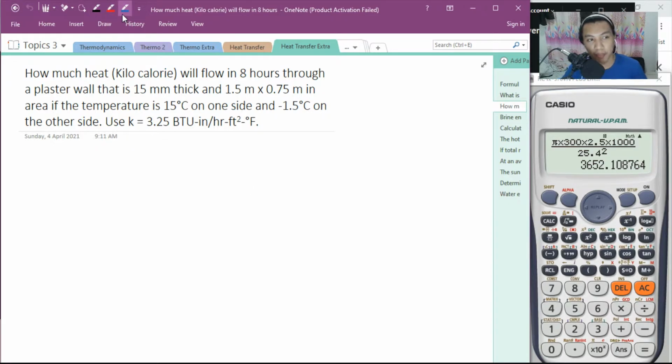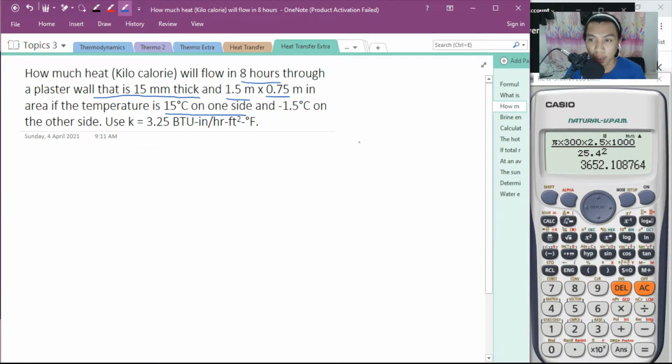Pakadali lang number 1, di ba? How much heat in kilocalories will flow in 8 hours through a plaster wall that is 15 millimeters thick and 1.5 by 0.75 or 3/4 meter in area if the temperature is 15 degrees Celsius on the one side and negative 1.5 degrees Celsius on the other side. Take that the conductivity of the material is 3.25 BTU inches hour feet squared